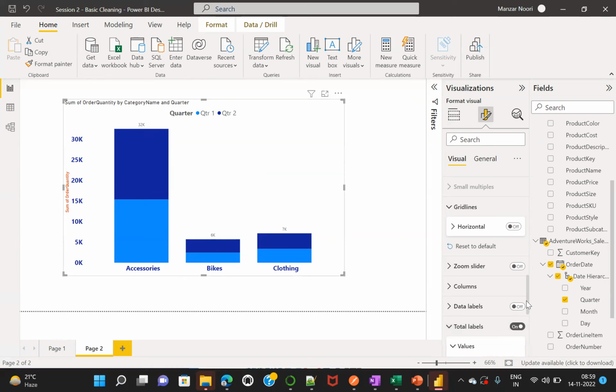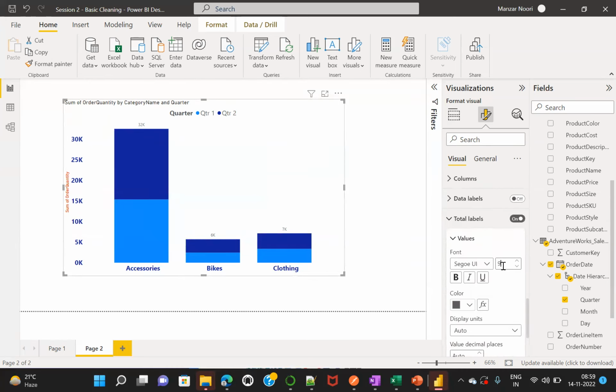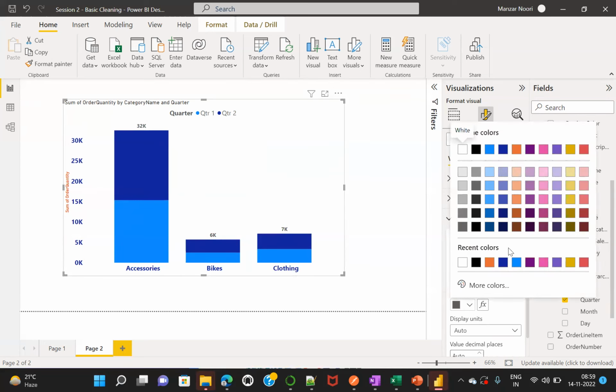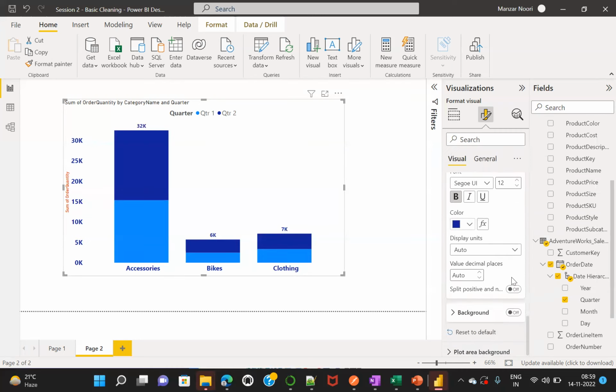Also, we can format these different data labels. You can increase the size, you can make it bold, or you can make the color something like blue, fine. And you can also change the display unit. You can also add a background. In the background, you can give a different color to the background,